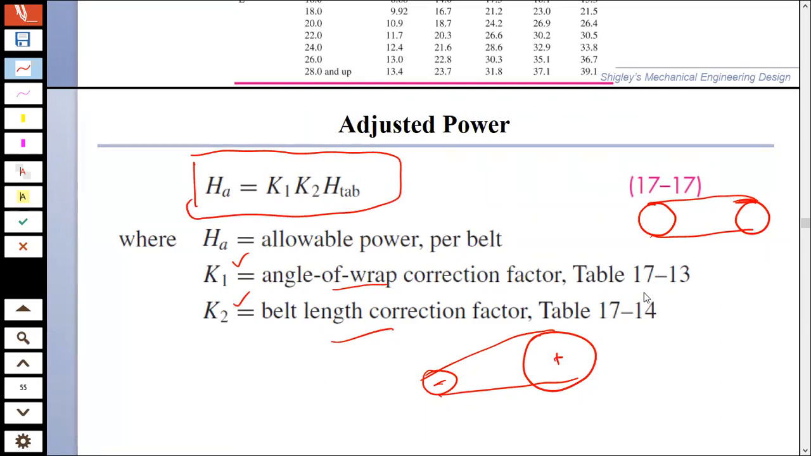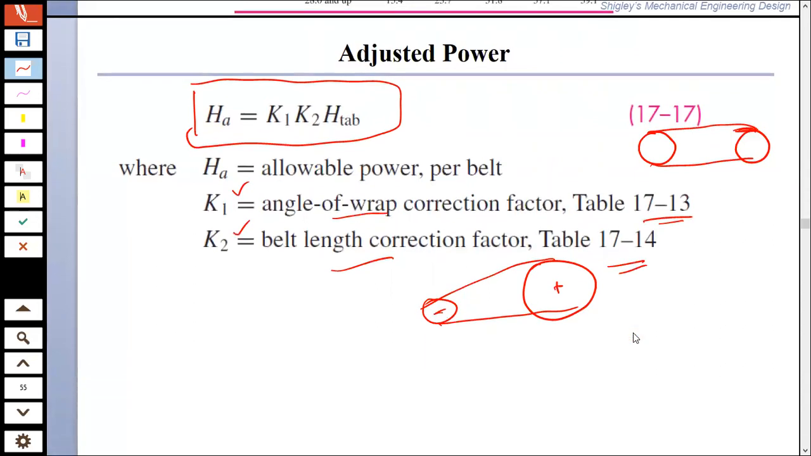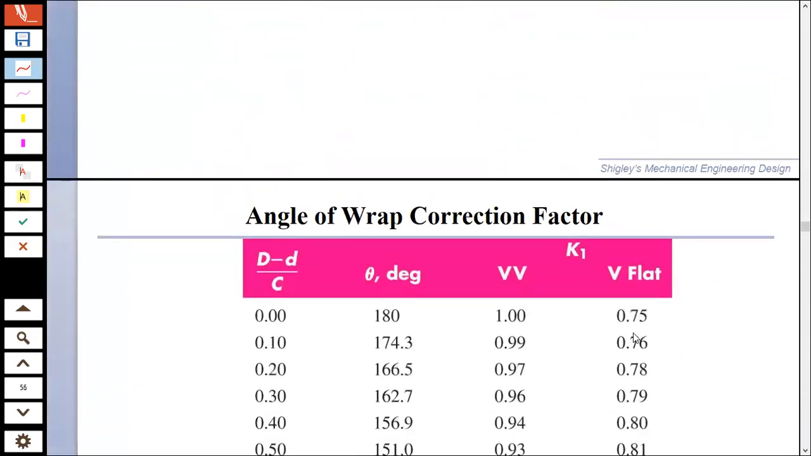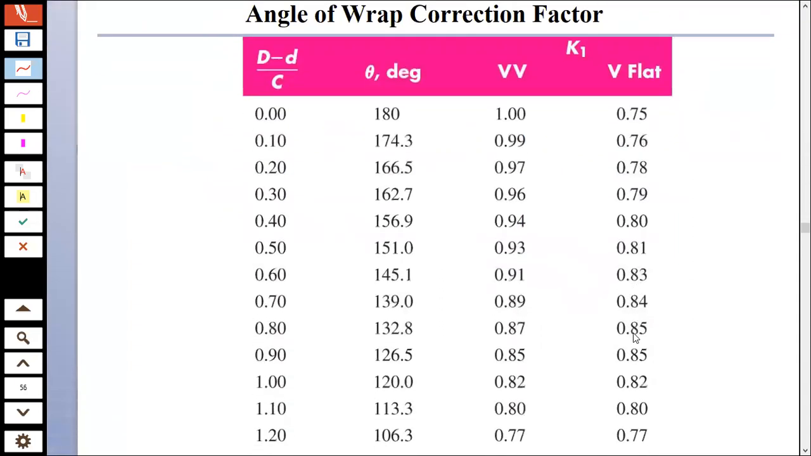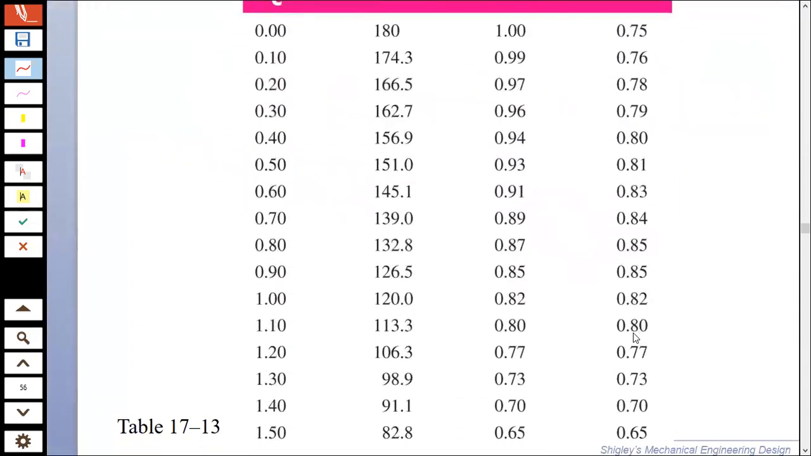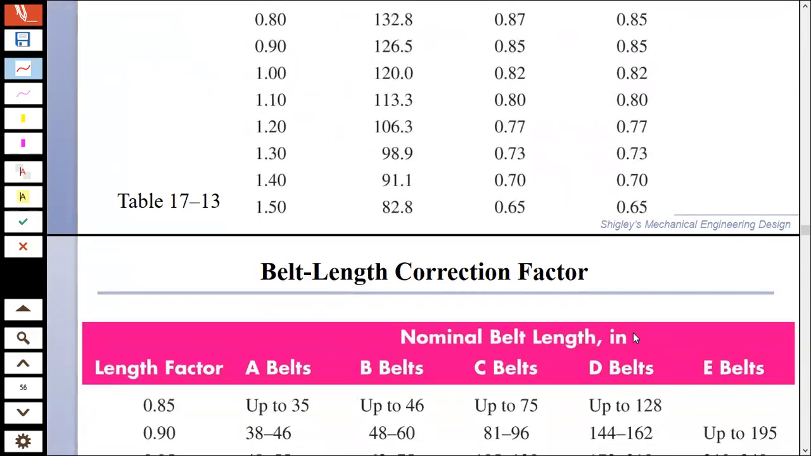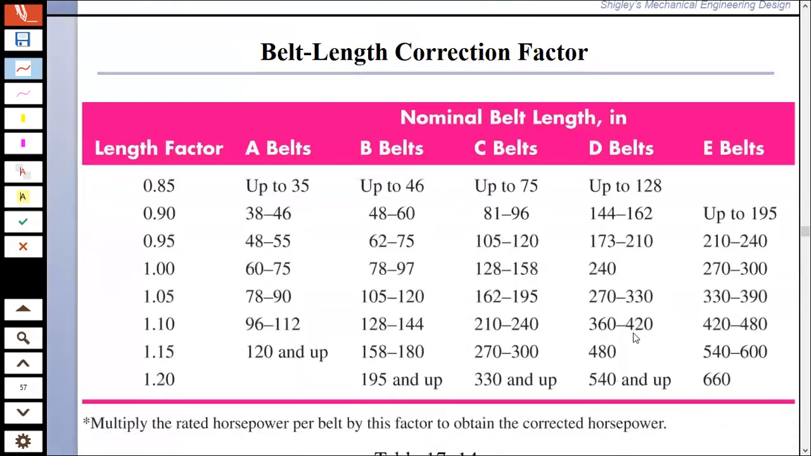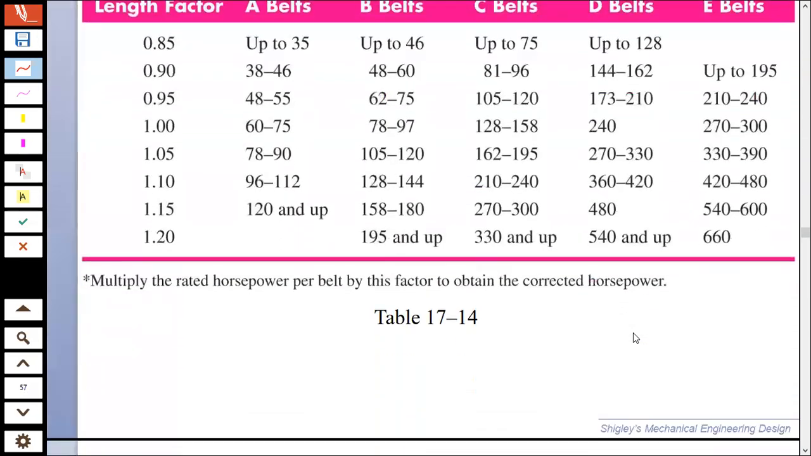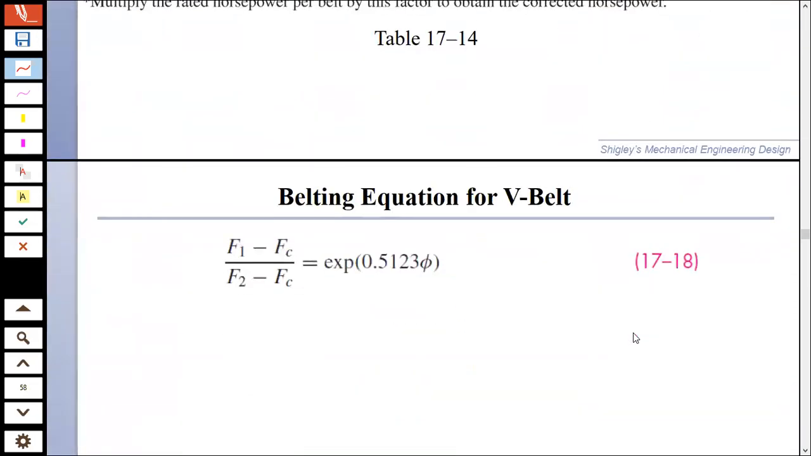And where do you get K1 and K2? These are also available in the table 17-13 and 17-14. ठीक है जी, the angle of wrap conversion, if you have the diameters of the pulleys, you can find it from this table. Belt length conversion factor, ठीक है जी, the K1 and K2 from there. अच्छा जी,